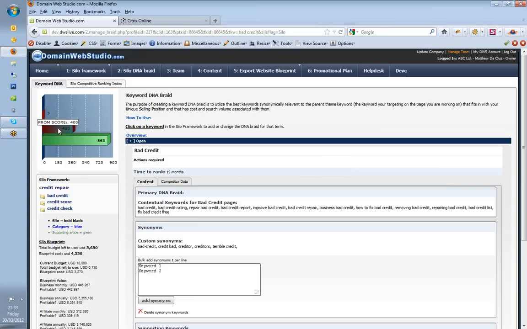The prom basically gives us a gauge of how difficult it's going to be to get ranked. Especially, we're looking at a 400 score over here, and prom level is a difficulty level which is between 1 and 4. So this is an intermediate keyword, but it's got a high content threshold. So this would be something we want to have. If we click on this tab over here,